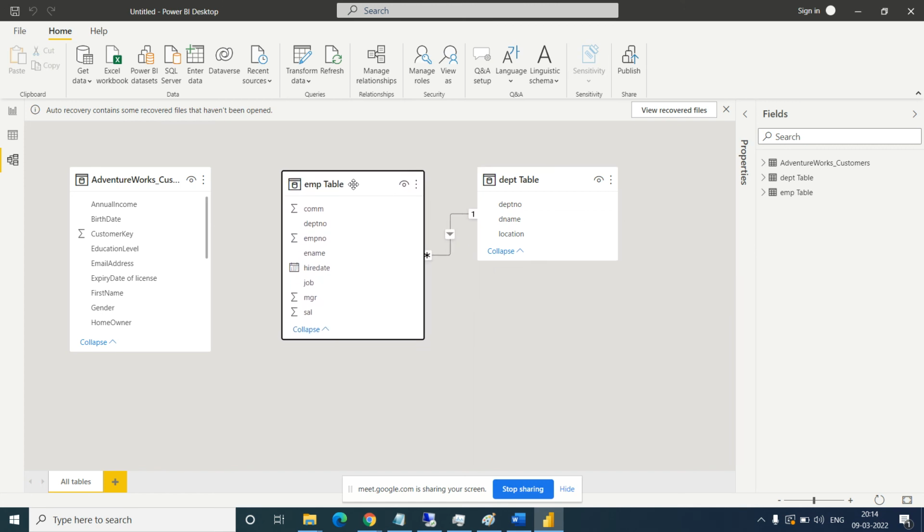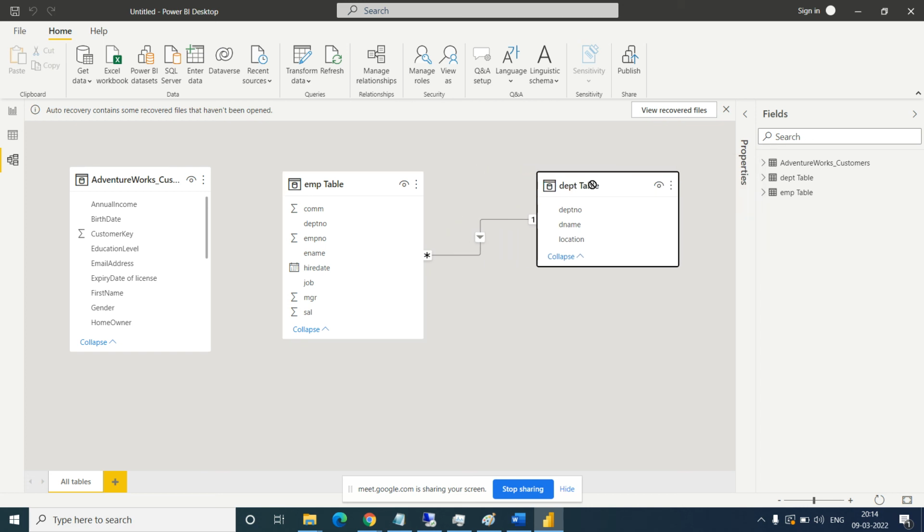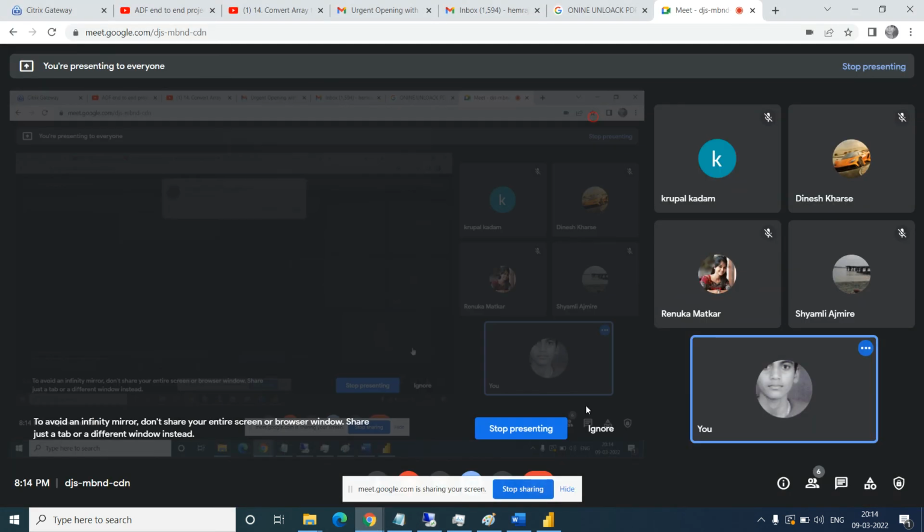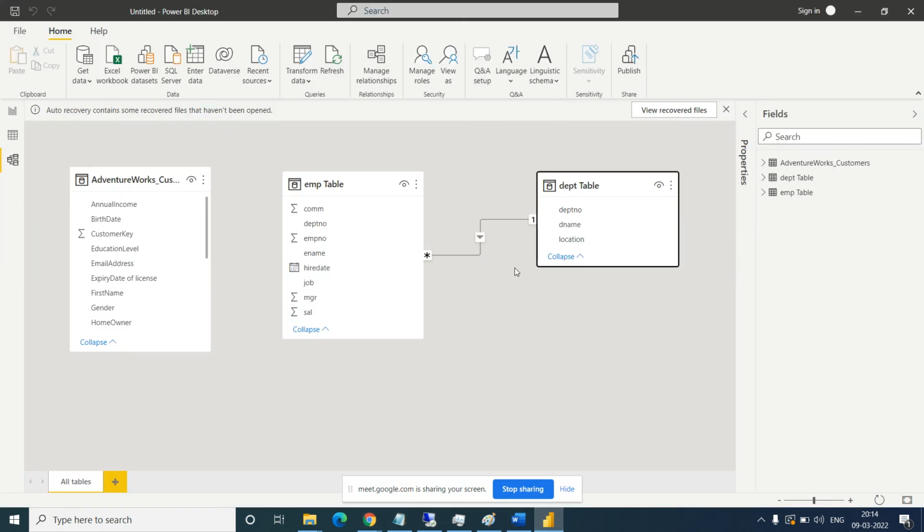Okay, so this is the employee table and the department table. So why is it one to many or many to one? One to many, sorry. Anyone? Why is it one to many?